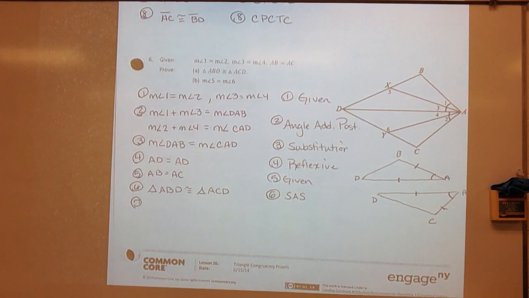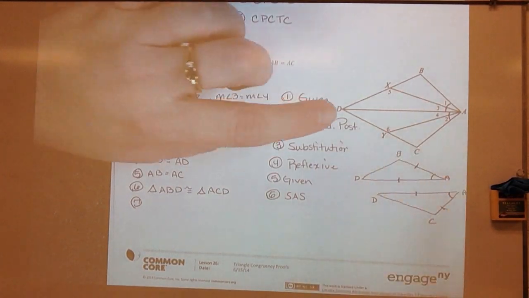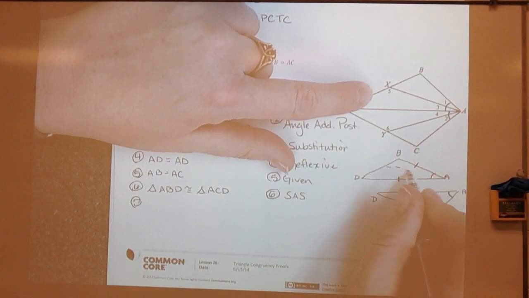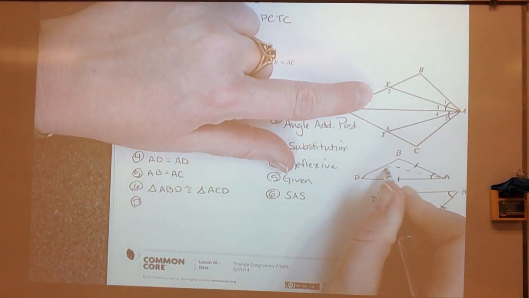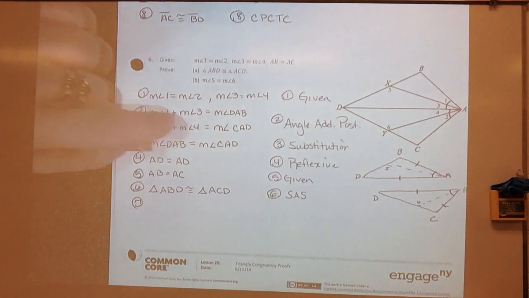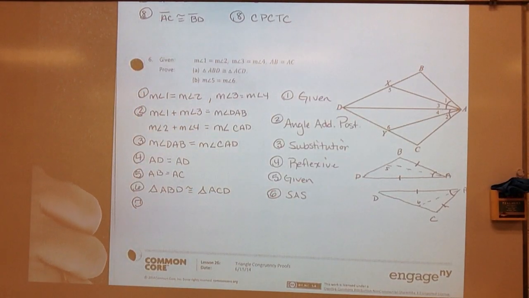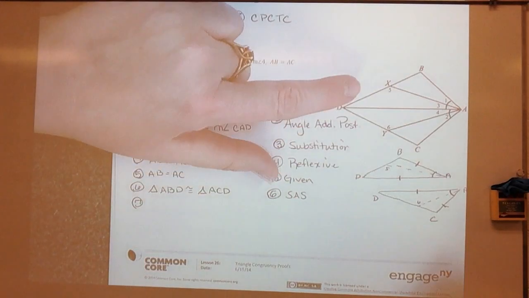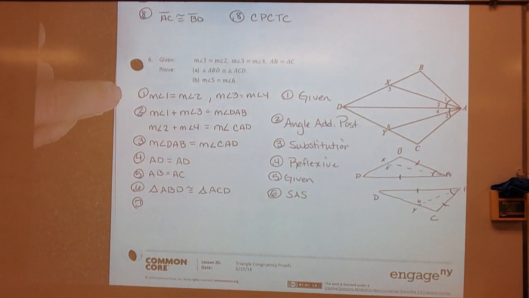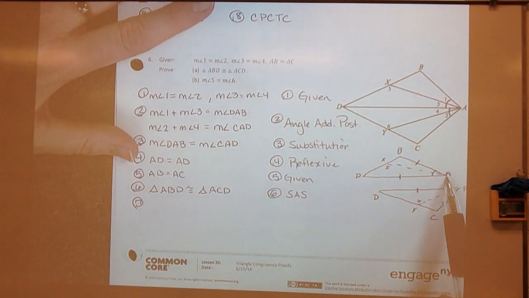Okay, let's look at this. We're trying to prove angle 5, which is in the middle here. So here is angle 5, and here's angle 6. Now they want us to prove these two angles are congruent. With that being said, this is X and this is Y. So I know that angle DXA